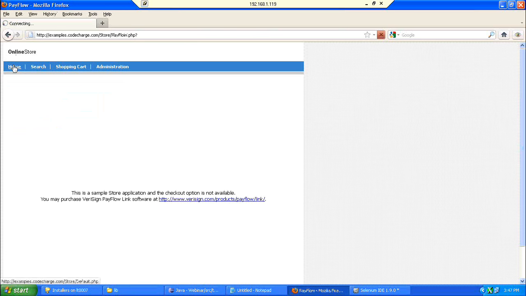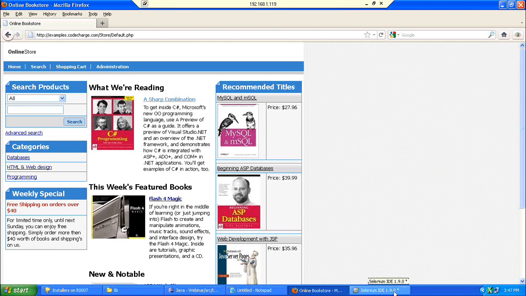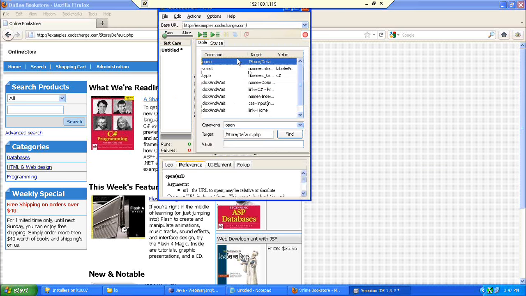I come back to the home page. Now it has created a script. This script can run only in Firefox. You cannot apply any logic. Whatever it has generated is called Selenese format. Now I will convert this script into Java.